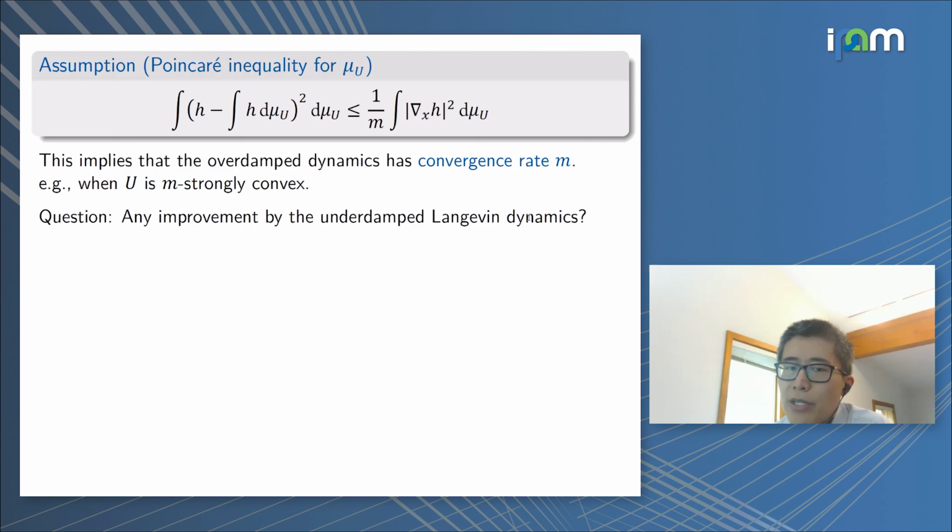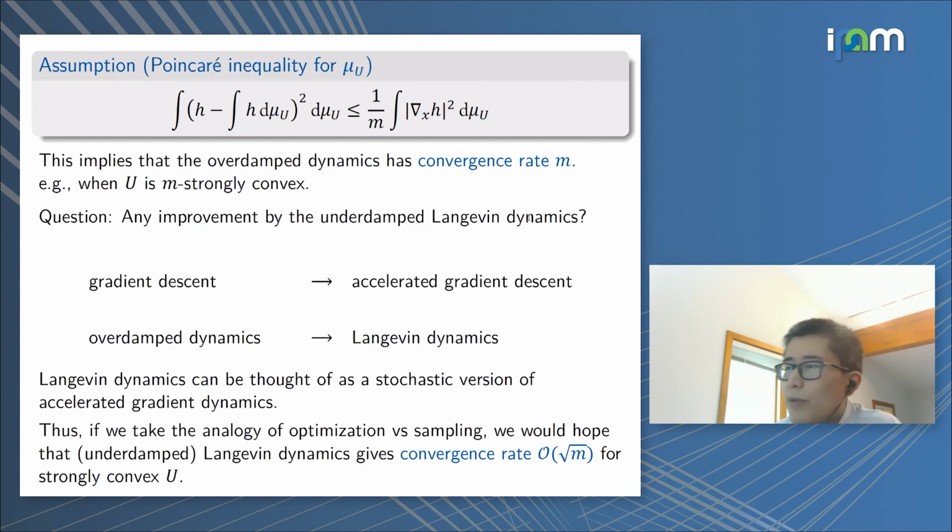This would mean that actually the dynamics become slow, right? Because the friction is very large, so things move slowly. So now the question would be that for the original Langevin dynamics, what is faster? And also from a mathematical point of view, this is also a very natural question because